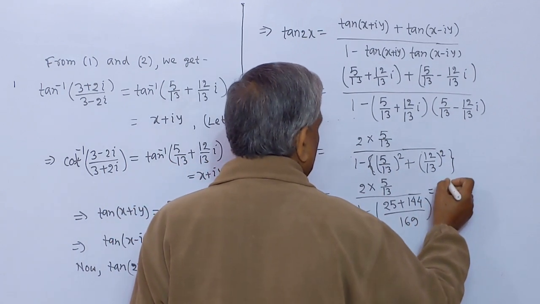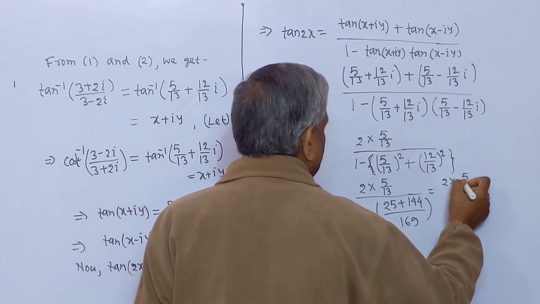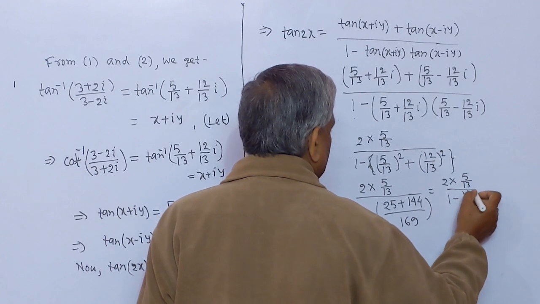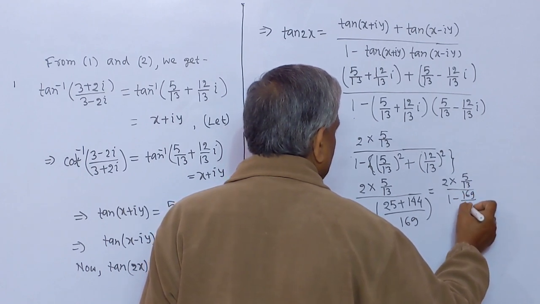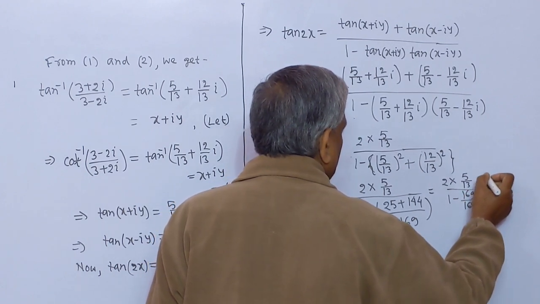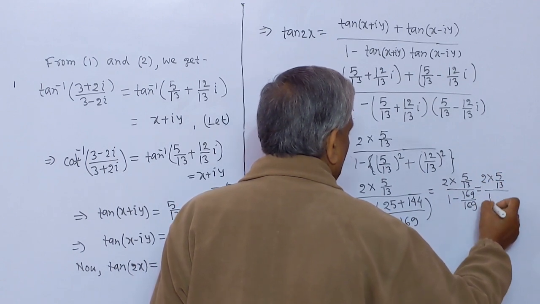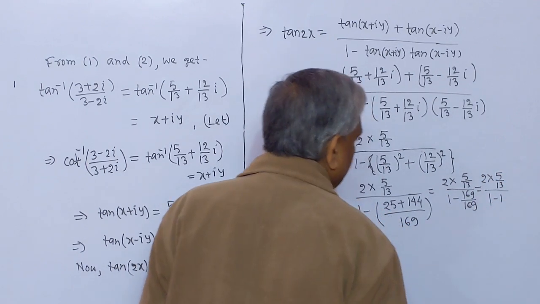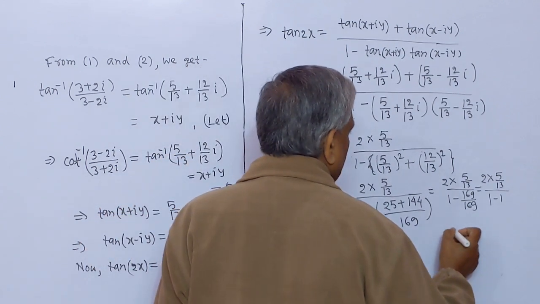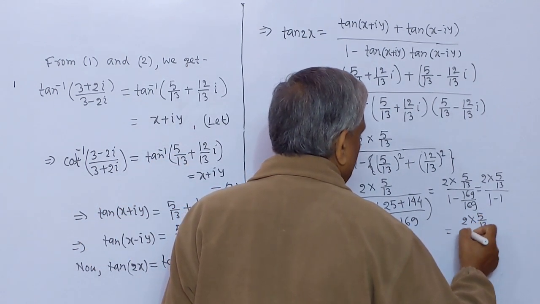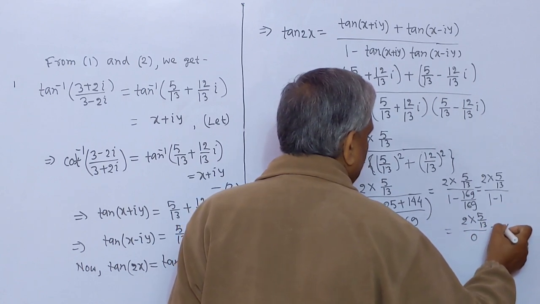This is equal to 2 multiply 5 by 13 by 1 minus 1 by 16 by 1 by 16. 2 multiply 5 by 13, 1 minus 1, that is 2 multiply 5 by 13 by 0. This is infinity,